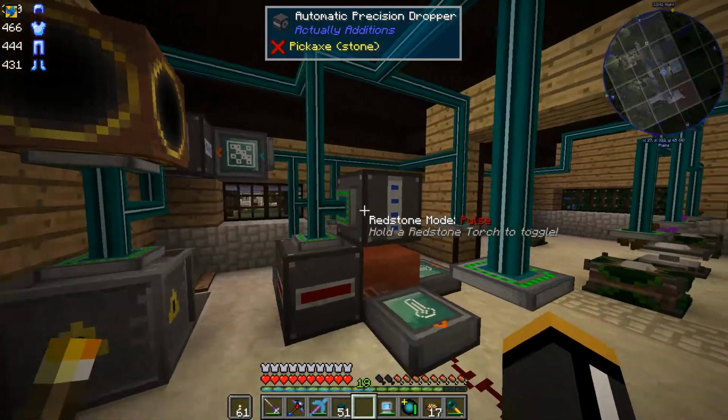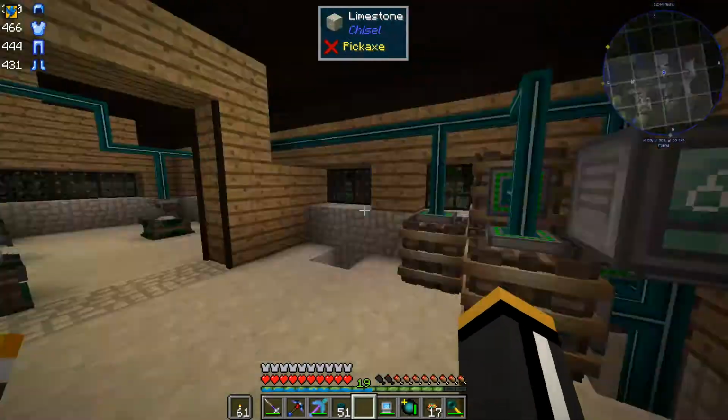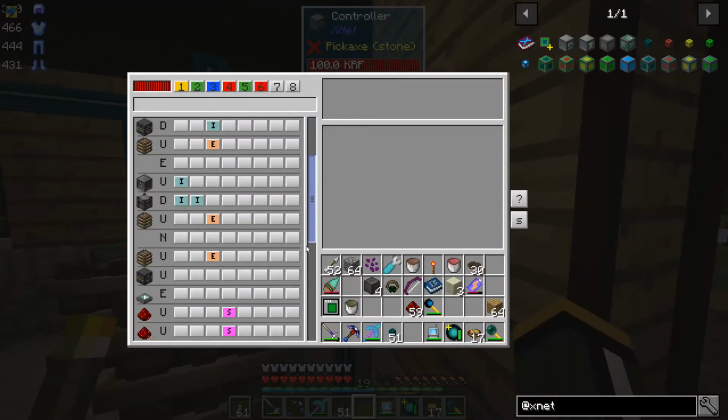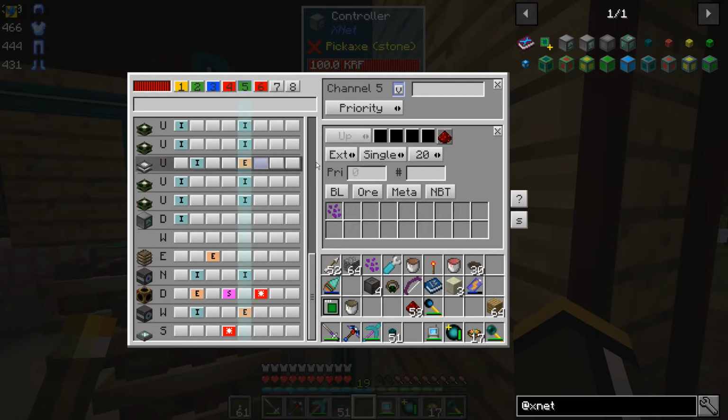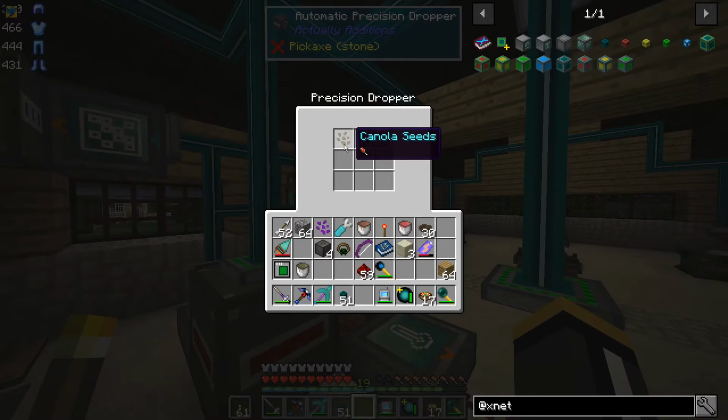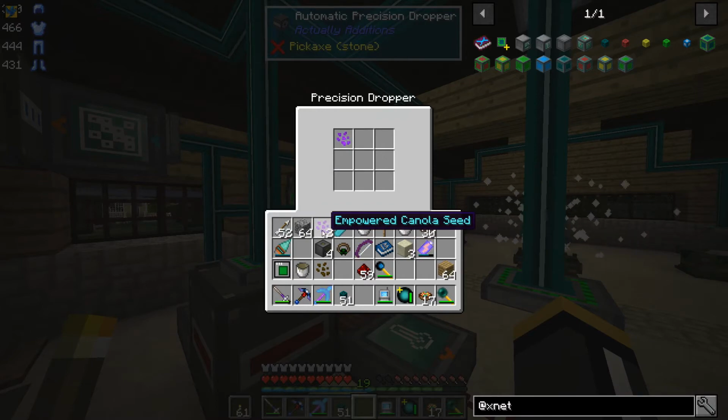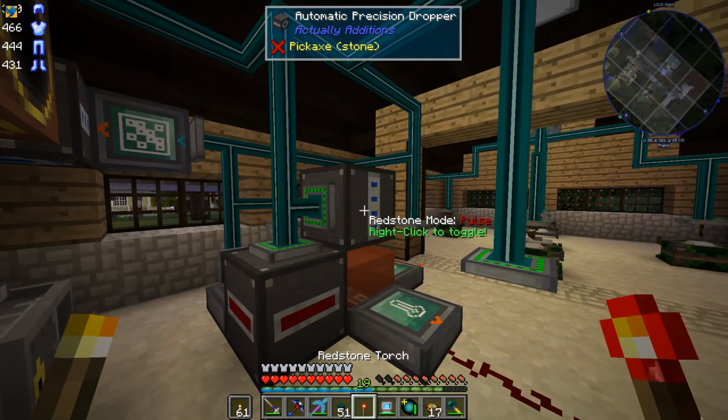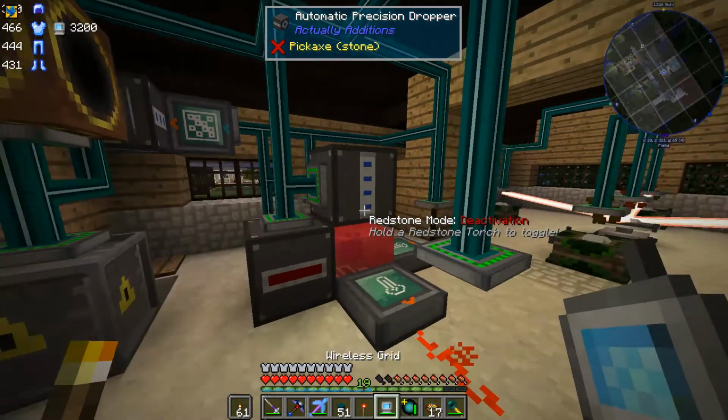So right now, oh crap, and we have to match metadata. Oh, we better do the same thing here as well. Metadata. Okay. So now, if we pull that seed out, we won't get another one. If we pull this seed out, we'll get another one of those. Okay. So now if I hit this guy with the redstone torch to make it into deactivation mode,